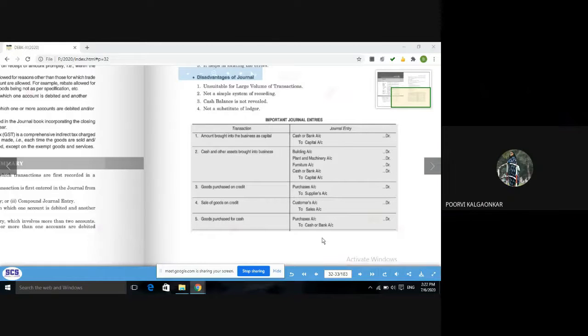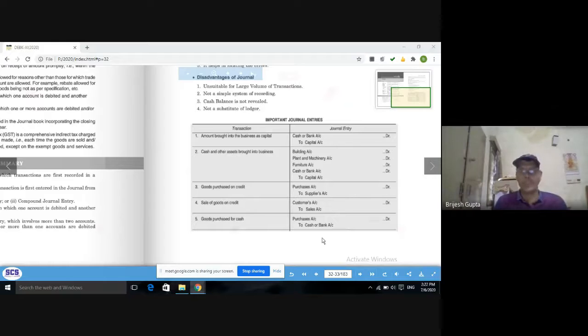Okay. So now sales also can be of two types: cash sales and credit sales. Goods can be sold on cash basis and goods can be sold on credit basis. When we sell goods on credit, we debit the customer, right? The person to whom you sold the goods, we debit him because he is the receiver, right? And according to personal account, debit the receiver. Okay, so it is opposite of purchase. In case of purchase, we credit the supplier. In case of sales, we debit the customer.